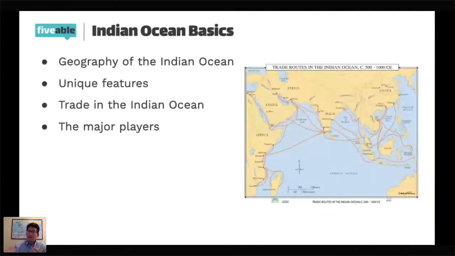Now, spices could be high value goods, and so they were not always traded just over land, but in very large quantities, they would have been traded, particularly in the maritime system. So we're talking about things like black pepper, cloves, saffron, and the list goes on and on. I used to have a big list that I would memorize, and I don't do that anymore. But black pepper is really the one that dominates this spice trade.